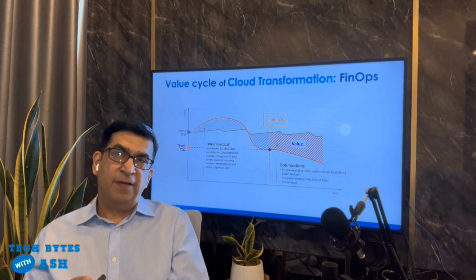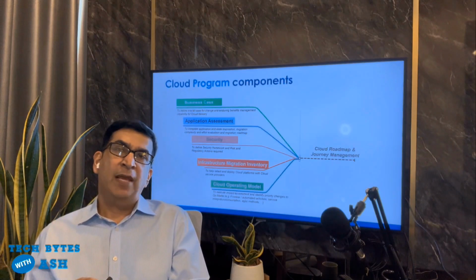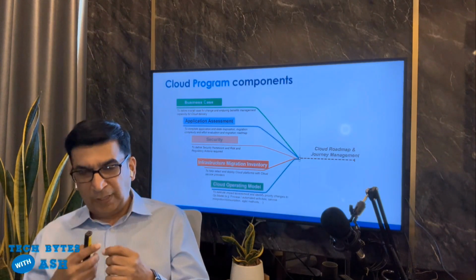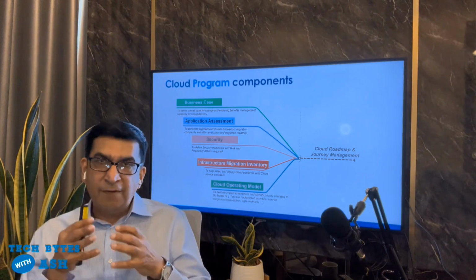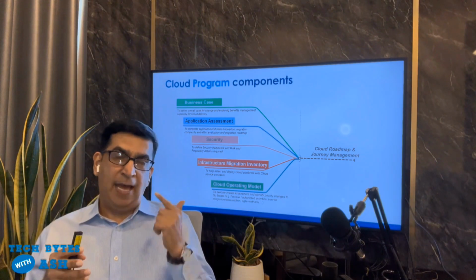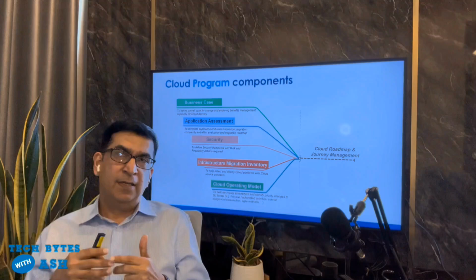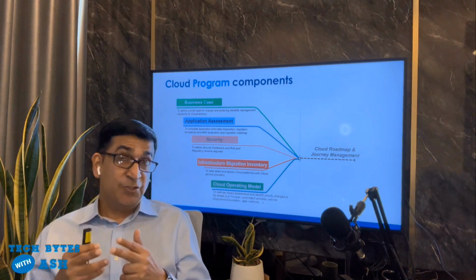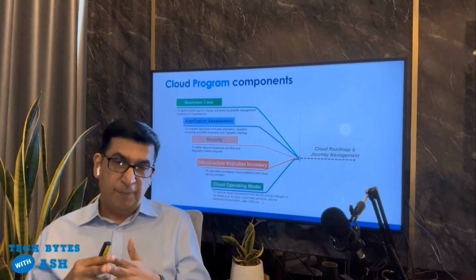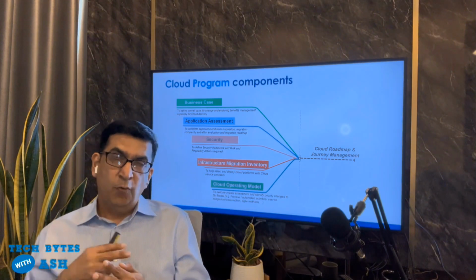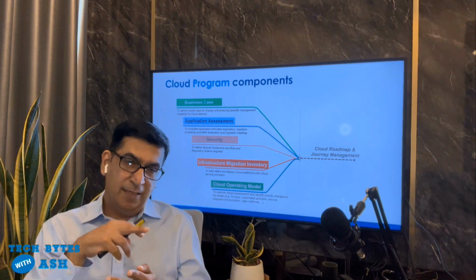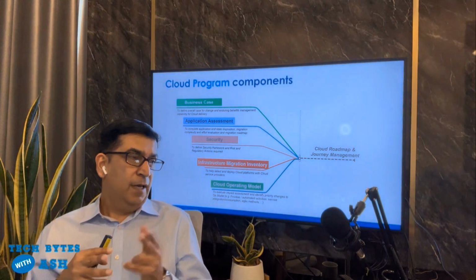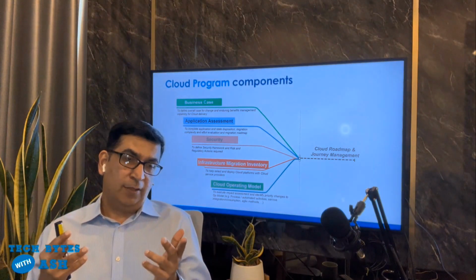So this part I feel has to be really managed very well, and that's why I always say that to manage a program which is all about cloud, you've got to have different dimensions, right? The business case is absolutely the first element. The second is application assessment, knowing which places to go. Security is very big, and a lot of people talk about it in terms of how you can make sure that the data, the access, and all that is really foolproof. Infrastructure migration, as they say, cloud migration.